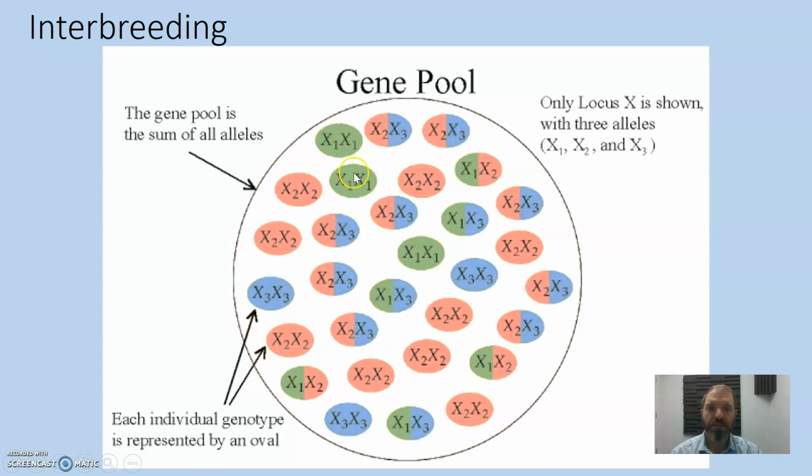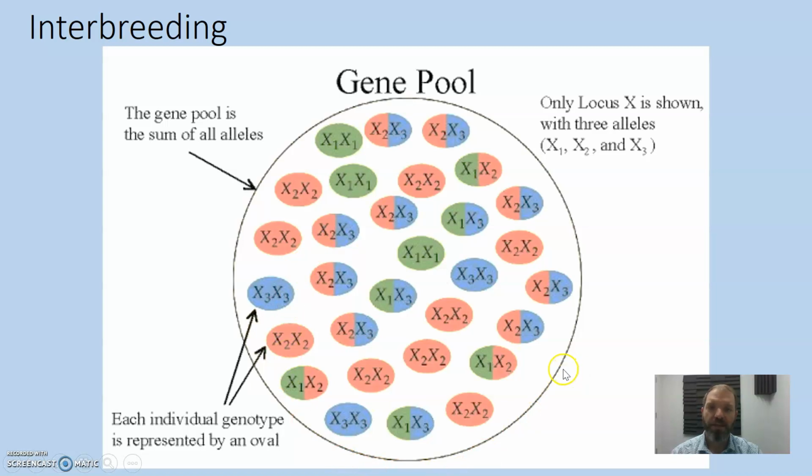Because any members of these species could sexually reproduce, if they're male and female, we can mix up and share those 3 alleles across all members of the population, and therefore they're all considered to be part of the same gene pool. Because they're all part of the same gene pool, we also call that part of the same species, because they can interbreed and produce fertile offspring. So one very common definition for species in sexually reproducing organisms is that they can successfully interbreed to produce fertile offspring. And that means that they all end up being part of the same gene pool, because they can share their genes